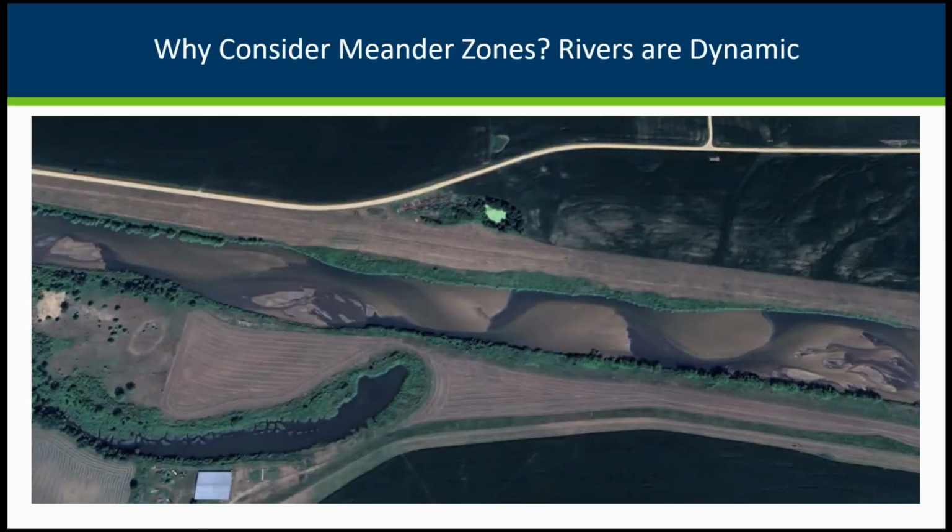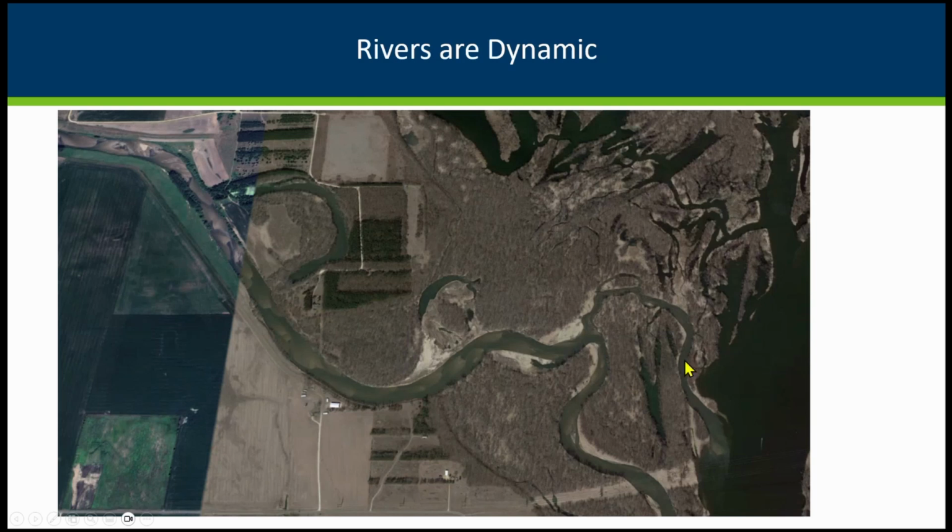Shifting gears, talking about rivers. And rivers are very dynamic. You can see here that the river is trying to re-meander within this area that had been ditched in the past. Here's part of the old oxbow there. So another example of just how dynamic they are. You can see all these different areas where the meanders have gone in the past. And in a lot of the aerial photos, or even in the USGS quads, you can see how rivers have moved a lot,